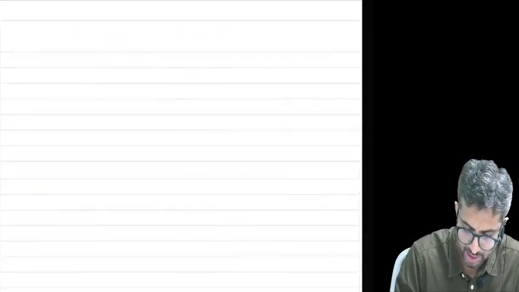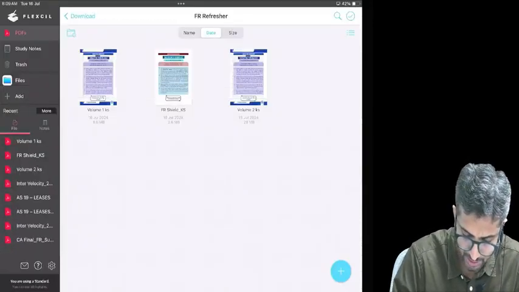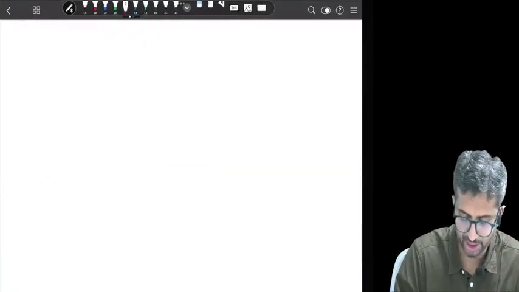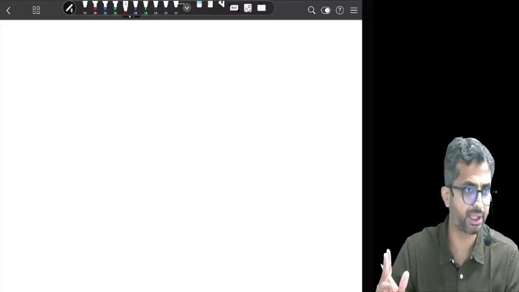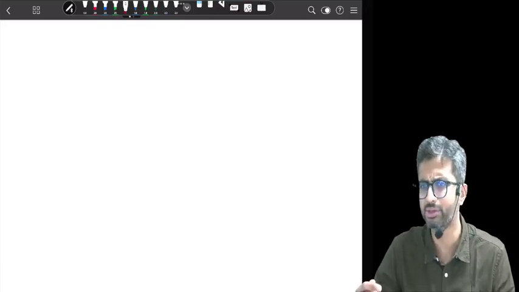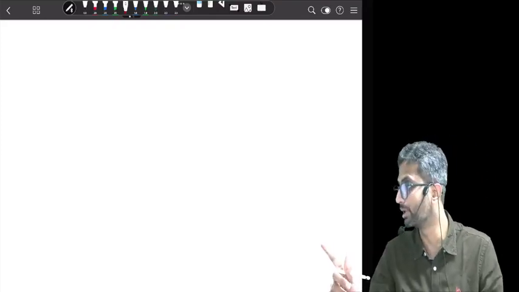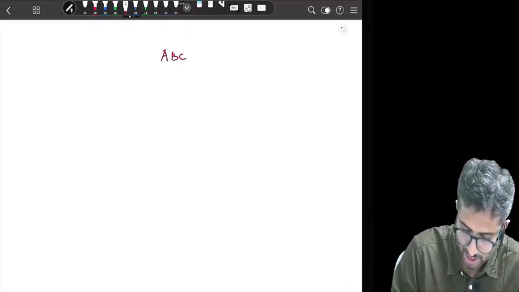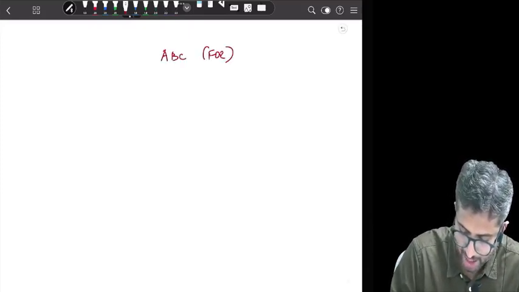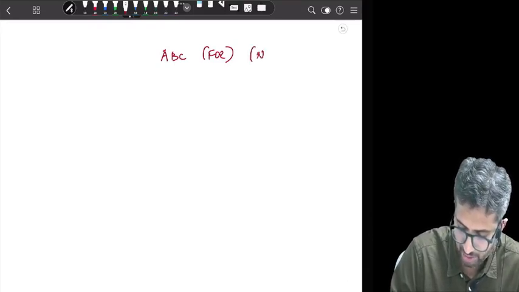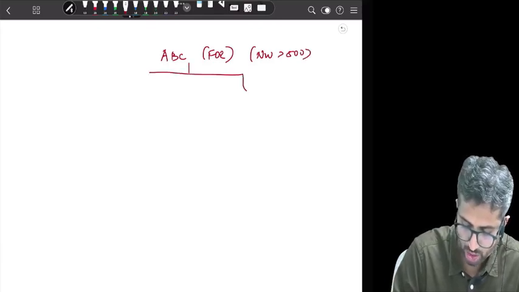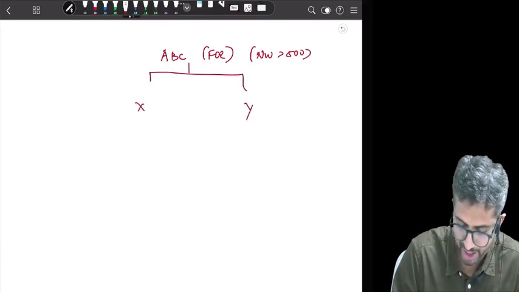If we see, okay, so there is a company ABC Inc. and it has two companies X and Y. Now ABC has a net worth of how much? But it is a foreign company. So will Ind AS become applicable? So there is ABC. It's a foreign company and it has a net worth of greater than 500 crores. Then it has two companies, X and Y. X has a net worth of how much? 600 crores. Y?